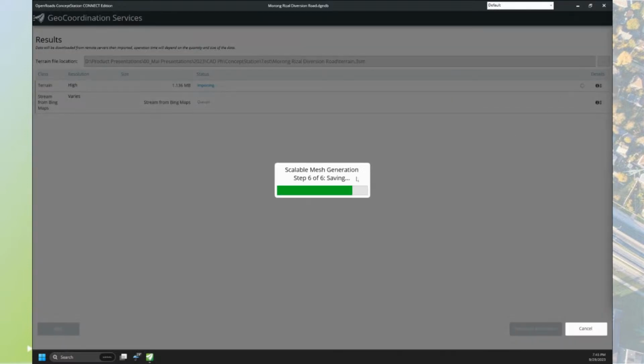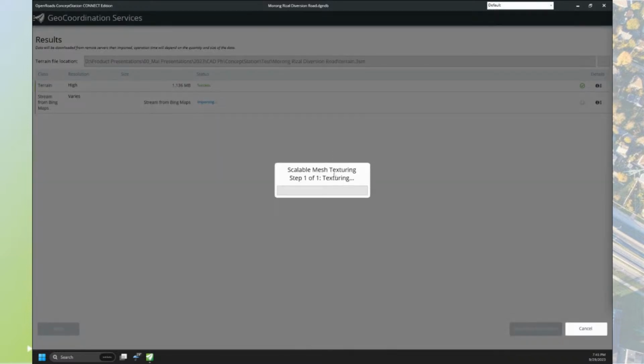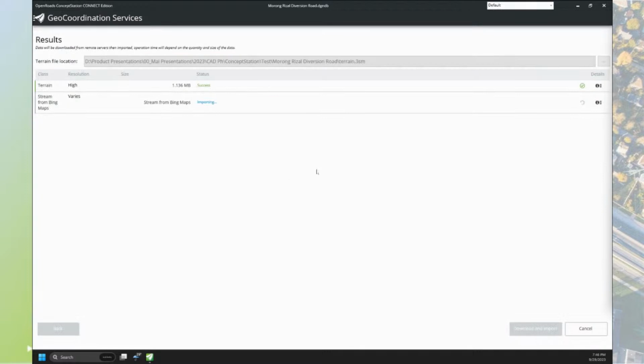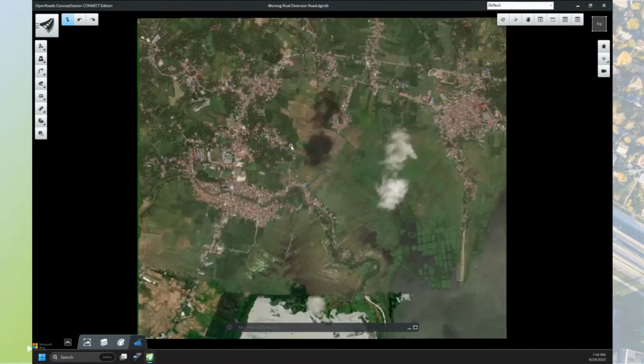Okay. So it's now downloading the mesh or the terrain from the internet, and then applying some textures as well, and making sure that the Bing map is being streamed while we're doing our conceptual model. So I'm going to click done. And then after this, you will be able to see the extent of the area that we have identified